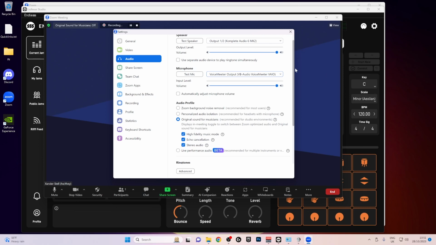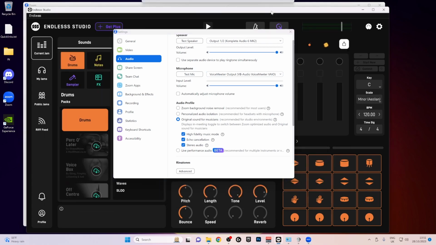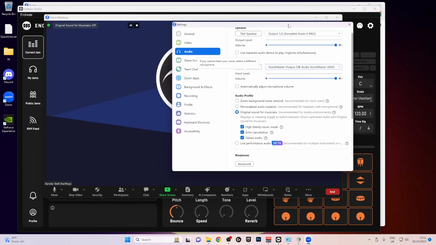Or you can get another app, which I'm not going to do right now, but you can set Ableton or whatever to be monitoring a mic, and then you can set the output of that to what we did in Endless before. Or what I actually end up doing, which is probably the simplest thing, is just going into Endless